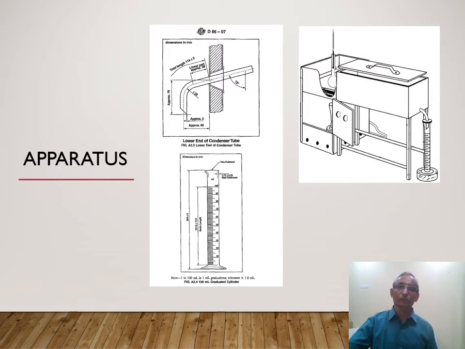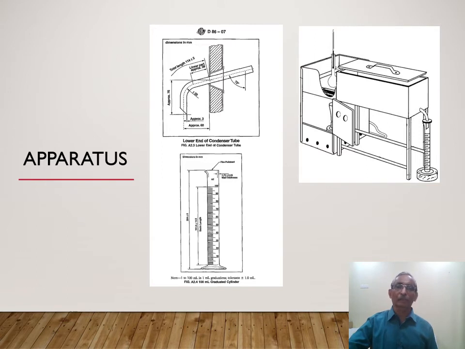So we are not going to dip this thermometer. You have to take a precaution when you perform it. We are measuring only the vapor temperature. So at the vapor neck only, this particular thermometer tip should be there, so that we can measure the temperature. Do not dip it into the crude oil sample, because we require the vapor temperatures.